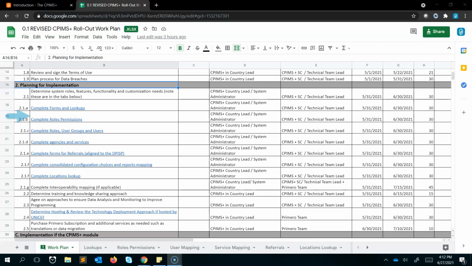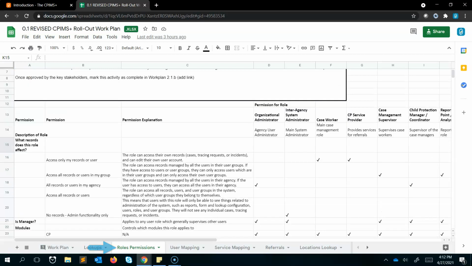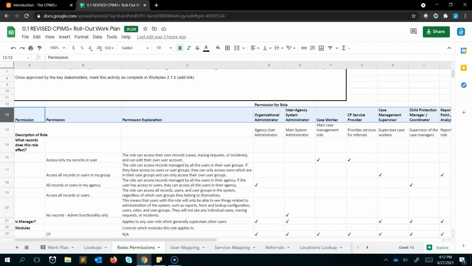In this video, we are going to walk through roles permissions. The CPIMS Plus is based on specified roles and permissions based on a need-to-know basis. If you click on roles permissions, we have a very intricate matrix that you can see here. In column 13, you can see the various types of roles that we have in the system that are already